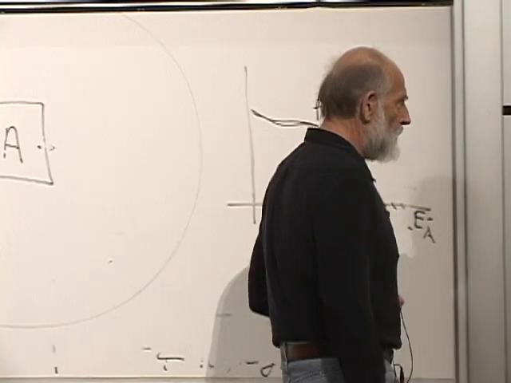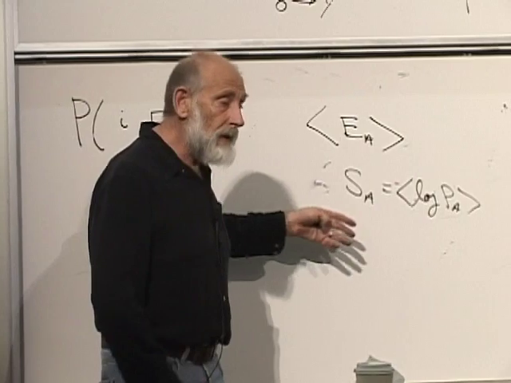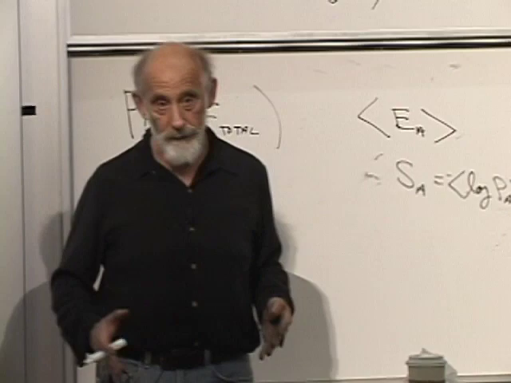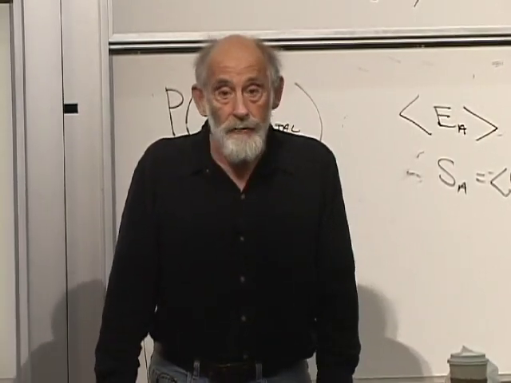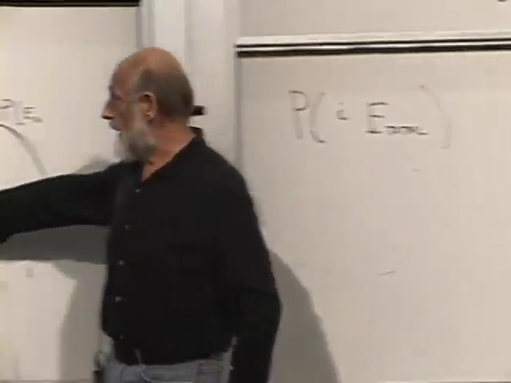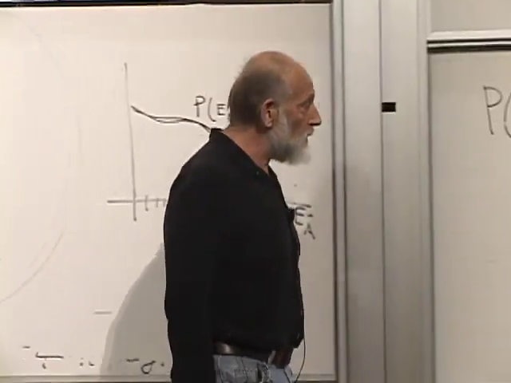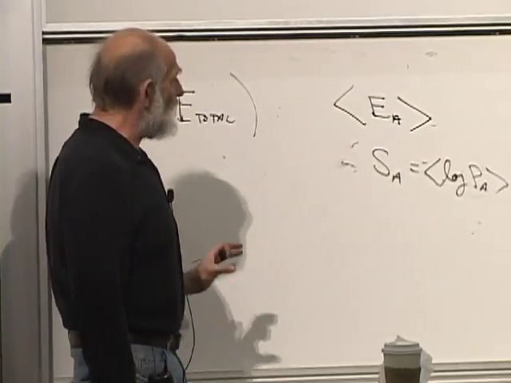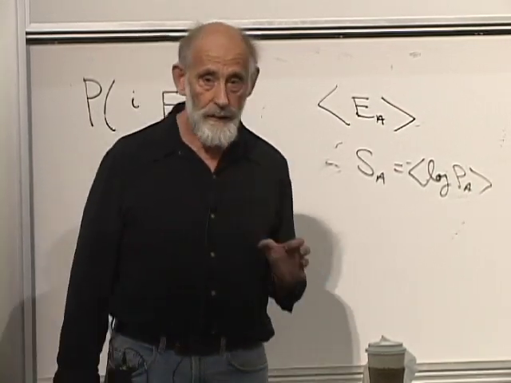If you increase the energy of the combined system, needless to say, the energy in A will increase a little bit. If you increase the energy of the whole system a little bit, in general, the entropy in A will also change. And you can ask, how much change of energy in A does it take to change the entropy by 1 bit?